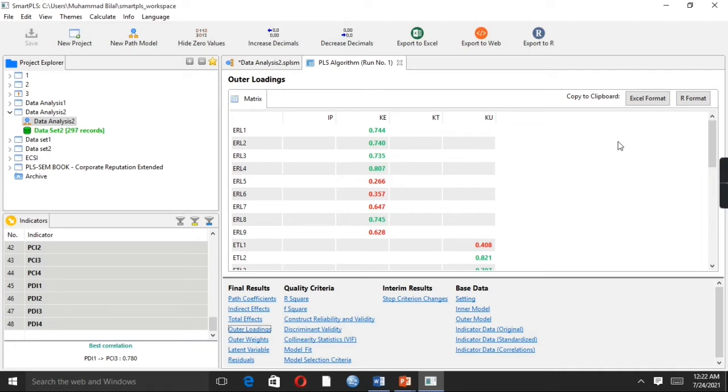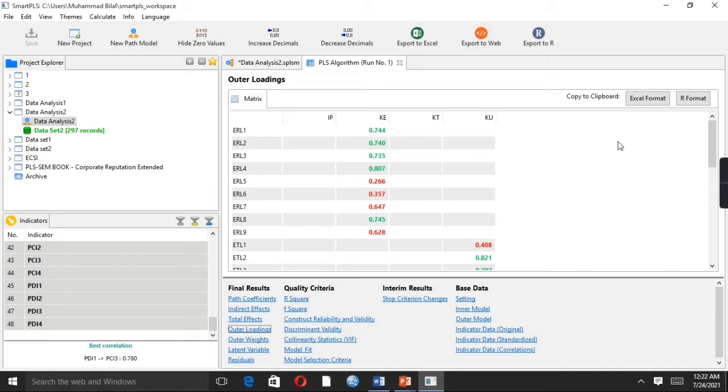The good thing in SmartPLS is that it represents the values that lie within the threshold limit in green color, and those values which do not lie within the threshold limit are colored red, because these values are less than the threshold limit.